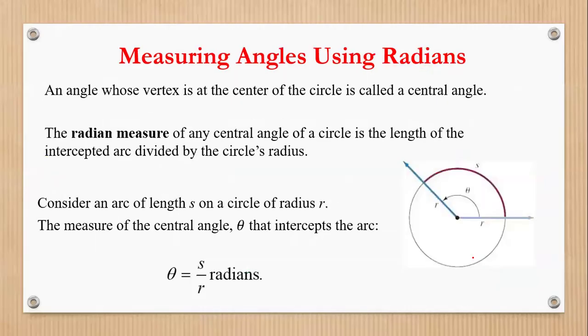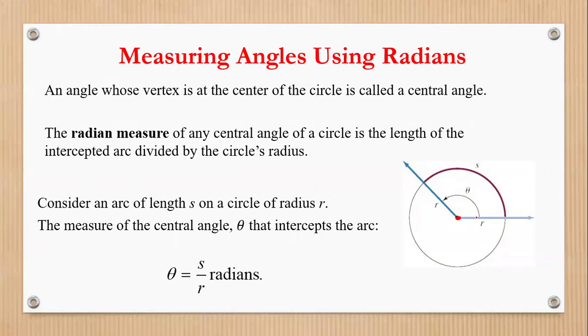Another form of measurement is called the radian. Radian is another measurement for angles. For radians, what we need is the length of the arc that is intercepted by that angle. If we have a circle in which the vertex of the angle is exactly on the origin, or on the center of the circle,